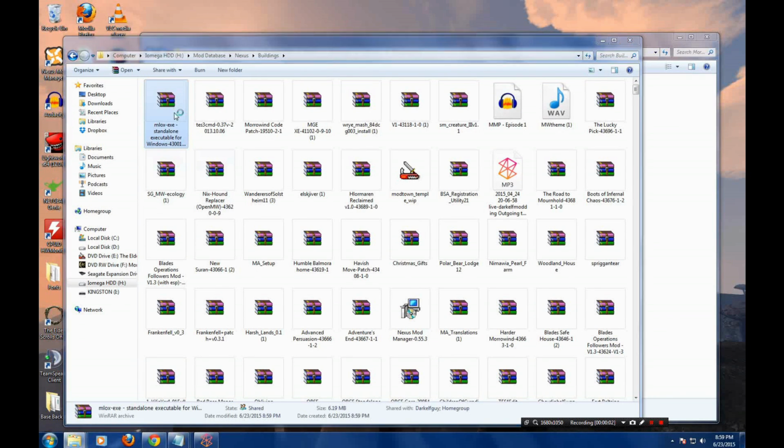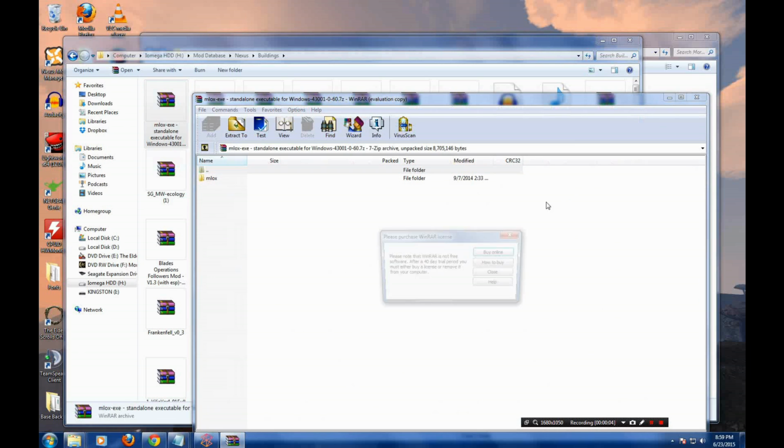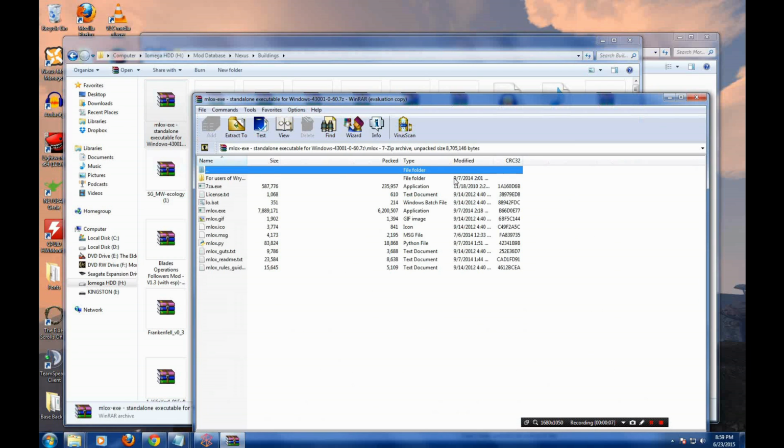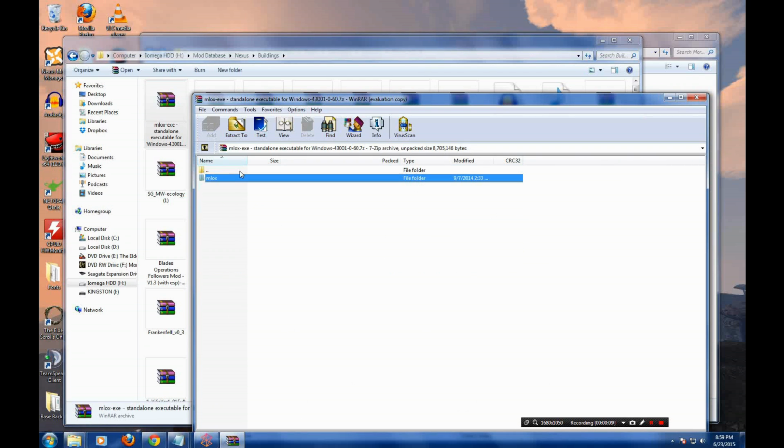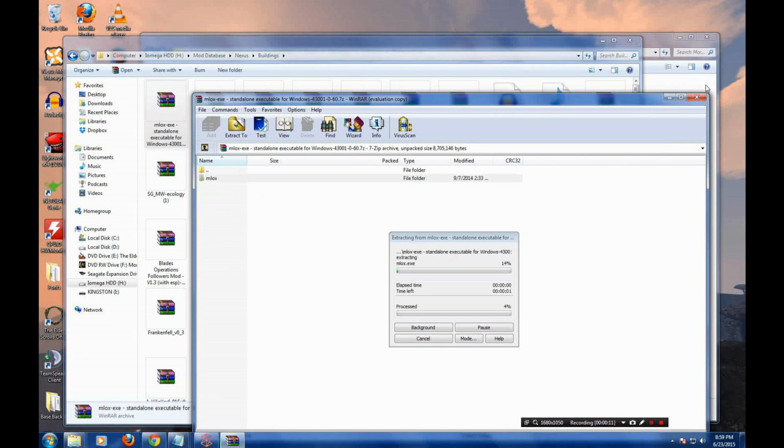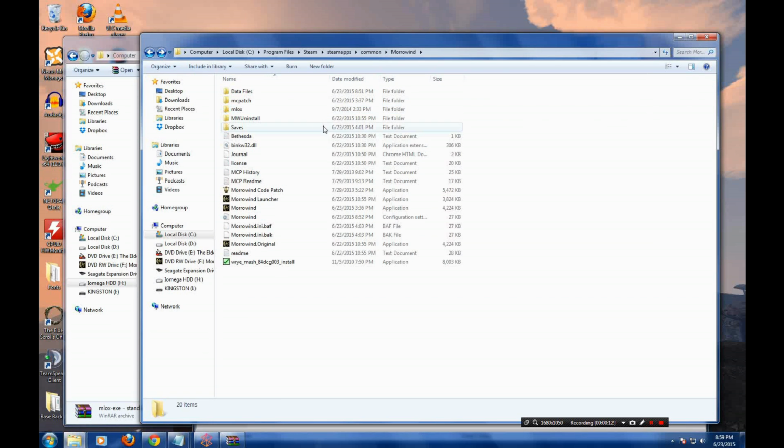Now, the next utility we're going to cover is called MLOX, and what this utility does is that it helps you maintain your Morrowind load order. To install it, we're just going to throw the entire MLOX folder into the Morrowind installation directory, and then activate